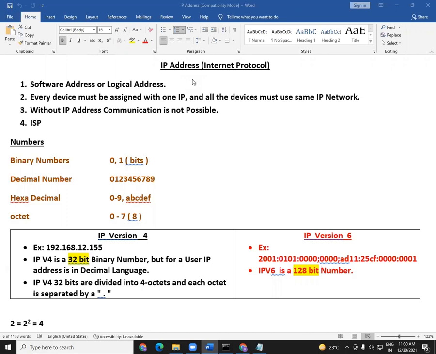Okay, fine. So I hope it is clear now. Let us continue. Now, there are some numbers that we need to understand. IP address is a numbering concept, right? So there are different numbers we use. Like for example,